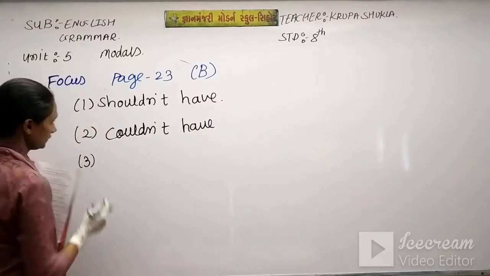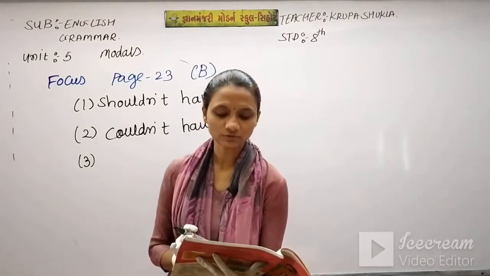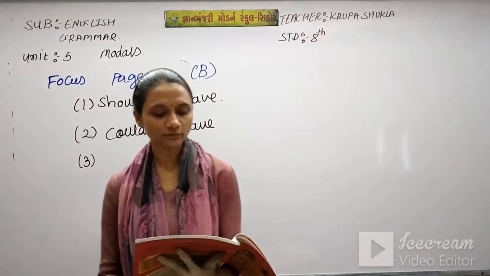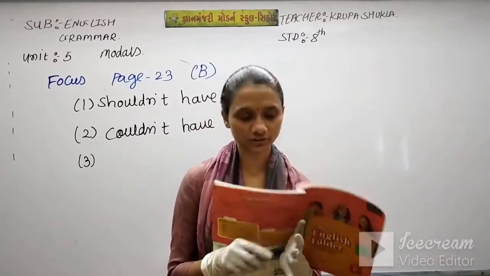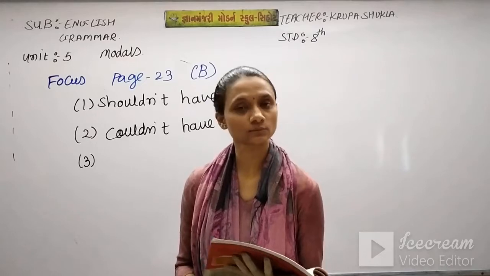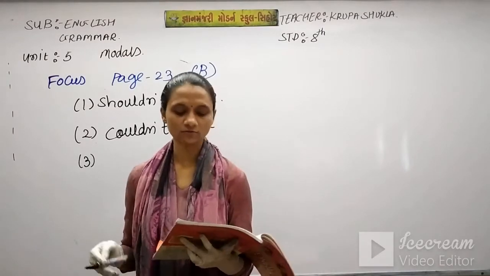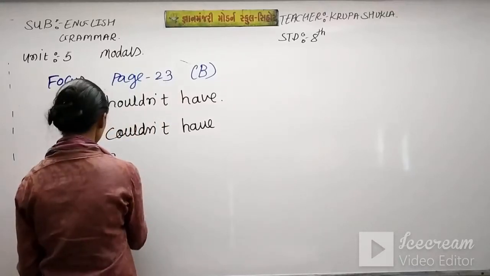Number 3, ours was the better team. We blank won the last match. So here a person is talking about the team. So ours was the better team. We blank won the last match. So of course the team was better. So they should have won the last match. So we have